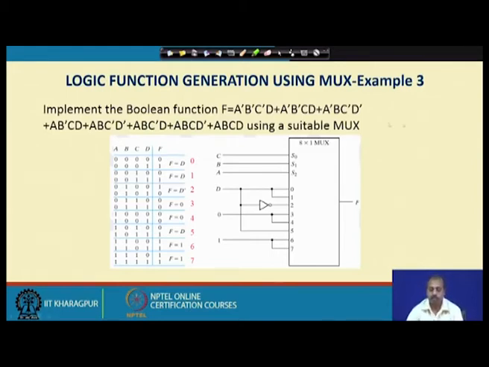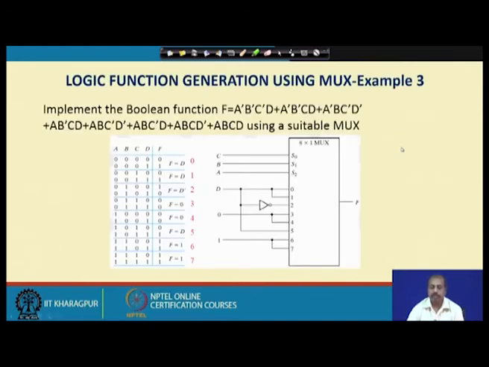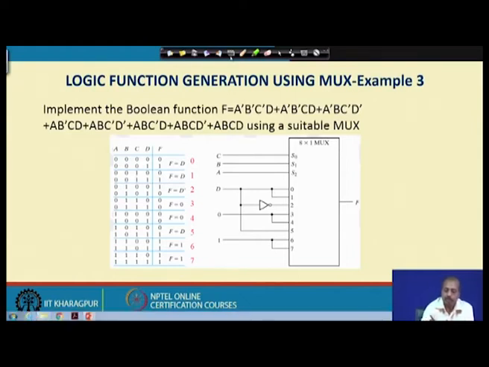So, this way we can use multiplexers to realize logic functions. Another technique by which we can realize this multiplexer based circuit is where we do not go for higher degree multiplexers, but many times we want to realize the circuits using 2:1 multiplexers only. So, if you want to do that,